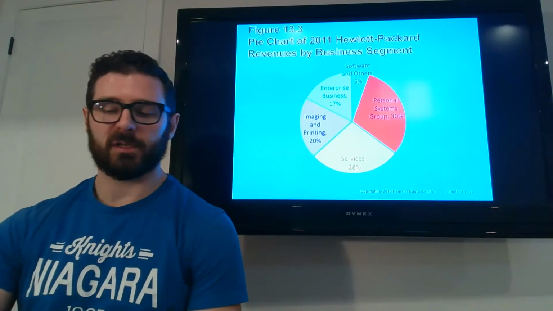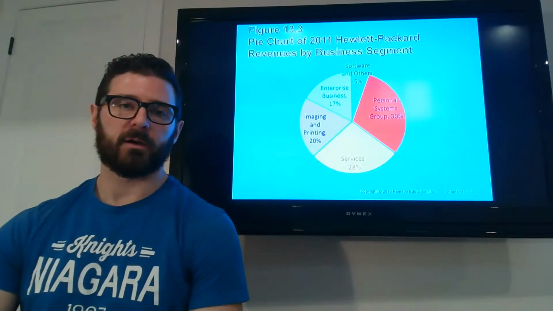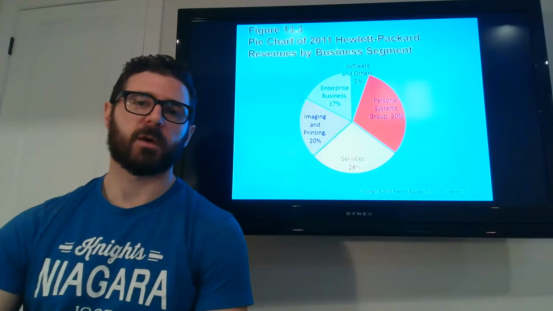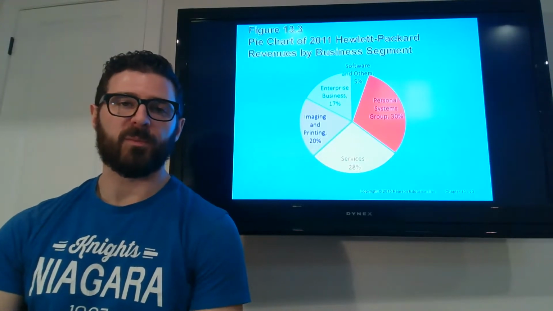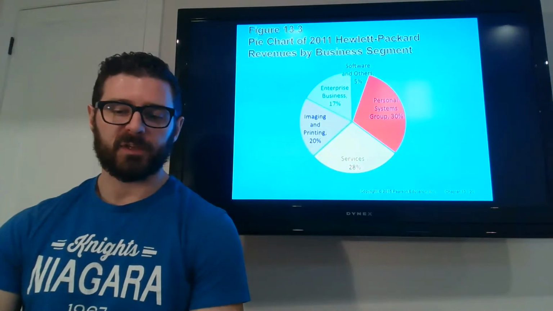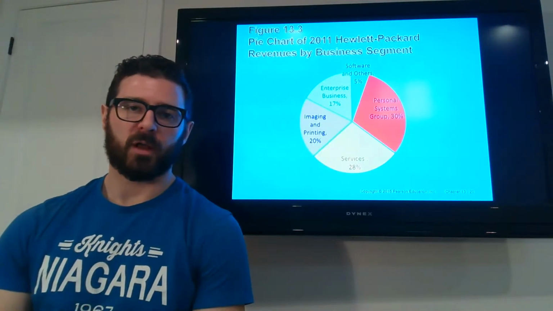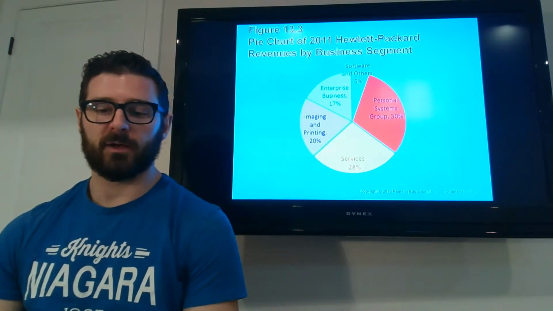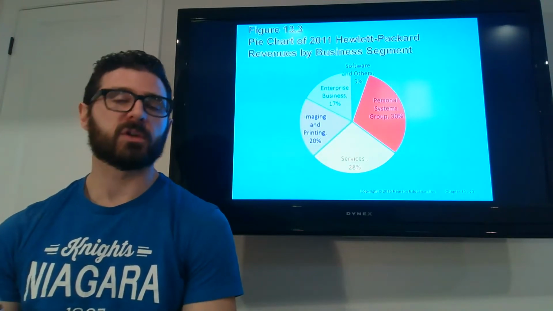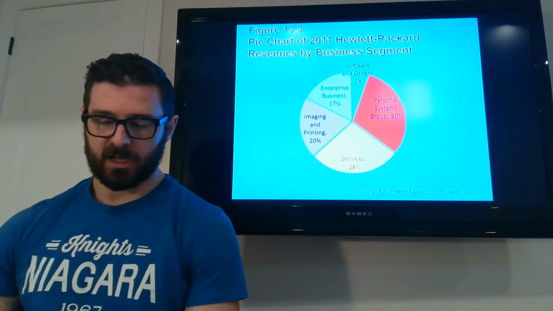So a good use of a pie chart would be where revenue is coming from. In this chart, we have the revenues by business segment. All of these business segments together add up to 100%. That adds up to all of the revenue. So that would be a good use of a pie chart.